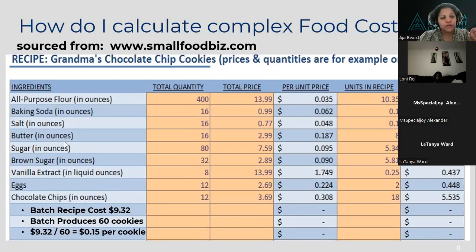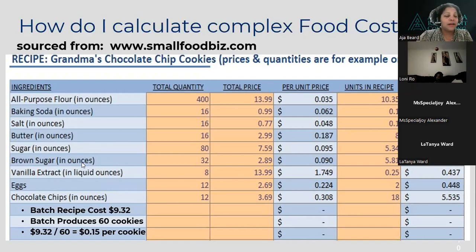And what this particular template did is they converted everything to ounces. And I actually stick with that. I usually just do ounces because it's easier to convert in case you have smaller measurements. I wouldn't go as small as grams. It's just too small. But ounces seems to be pretty consistent for everybody. The third thing you need to know is how much did you pay for it? So again, whether it's a 5-pound bag, 25-pound bag, 1-ounce bottle, how much did you pay for that individual item?